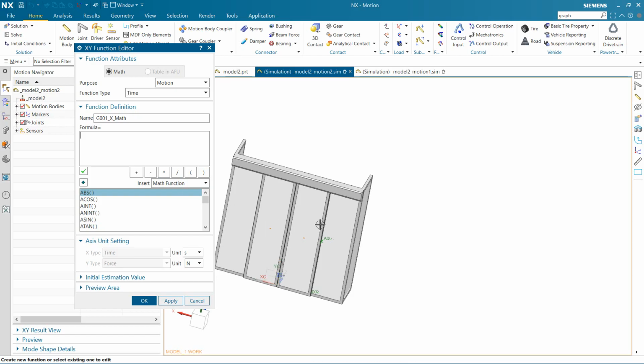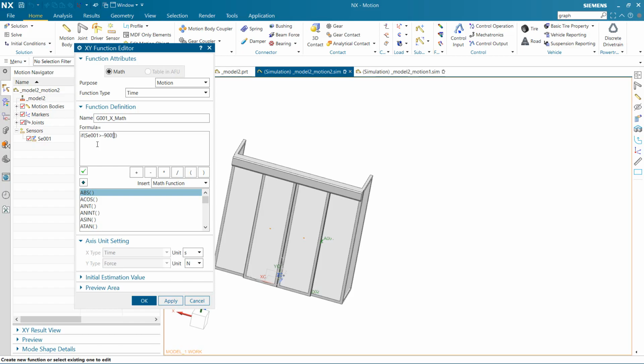The formula that we will use, and I will explain it later, is: if the name of the sensor, SE001, is now minus 600, and you want it to stop at minus 900, so if it is bigger than minus 900.